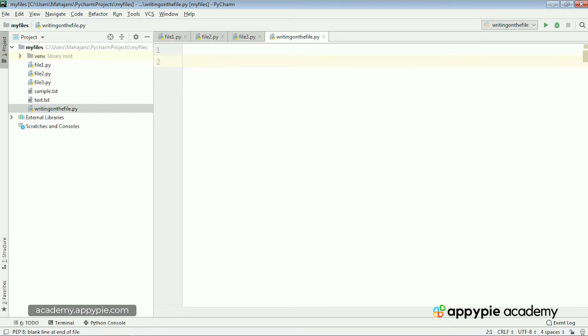The file is already existing, it has got certain content. What we want to do is add new content at the end. So what we will be doing is opening the file in append mode, APPEND. Let me show you. Opening the file in append mode. Append means inserting in the last.